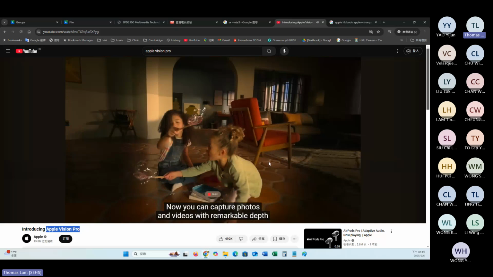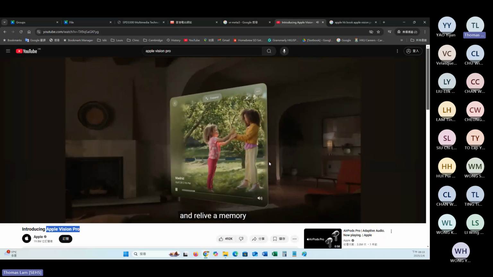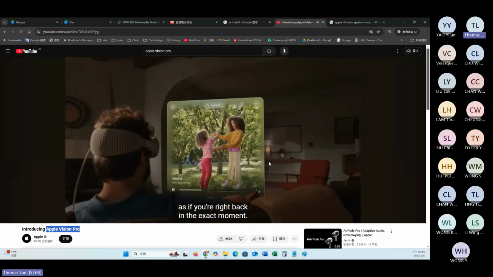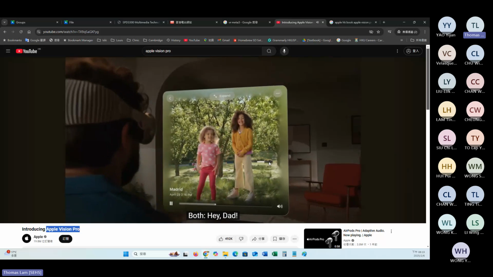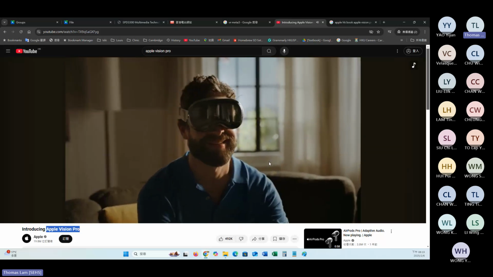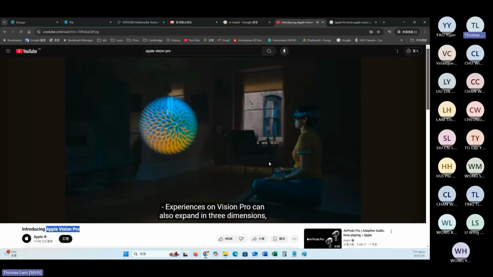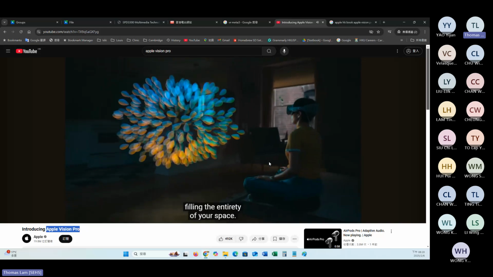Now you can capture photos and videos with remarkable depth and relive a memory as if you're right back in the exact moment. Hey, Dad! Experiences on Vision Pro can also expand in 3 dimensions, filling the entirety of your space.